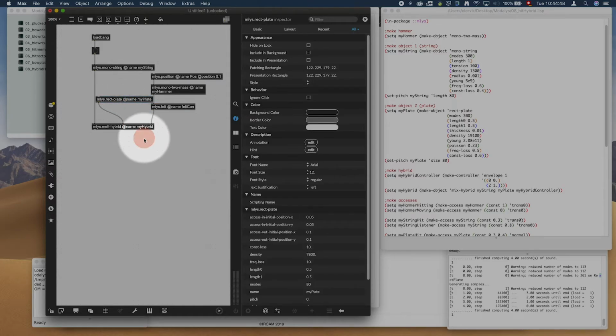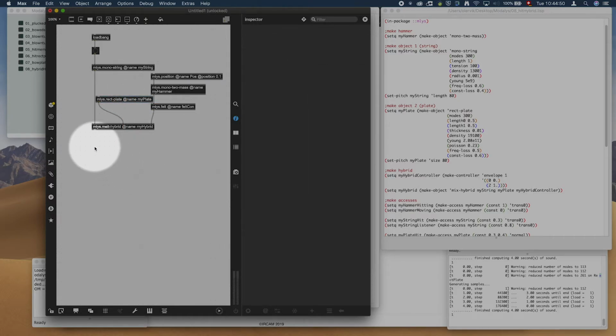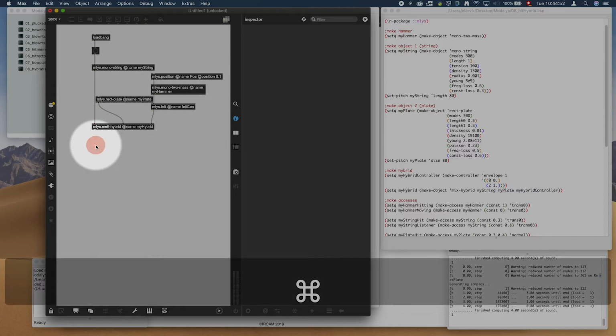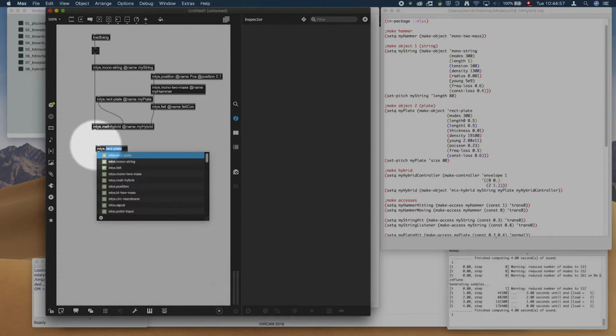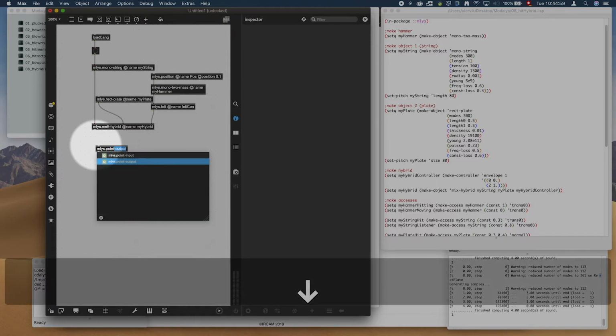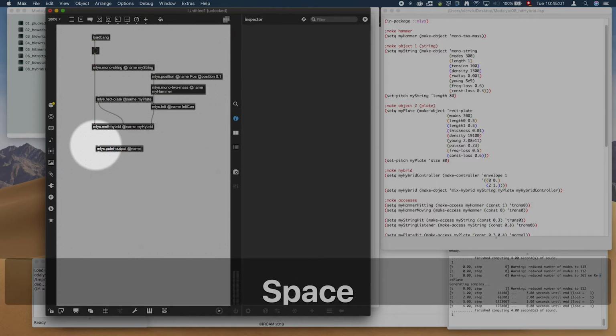So this makes our hybrid. At the end, we just go out, so mlis.point output at name out1,